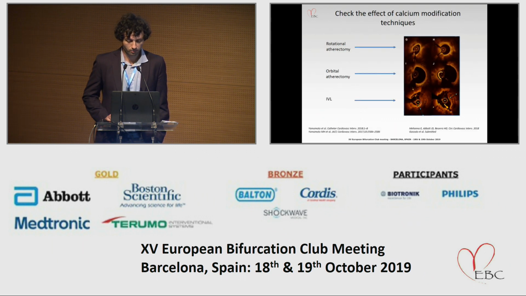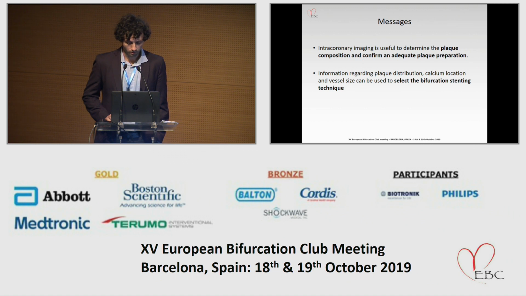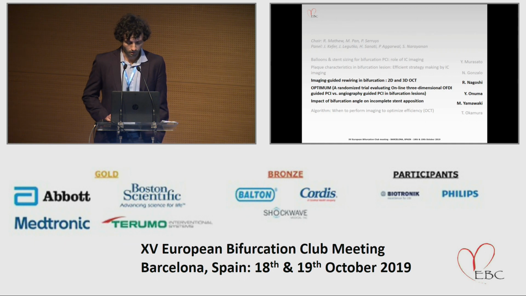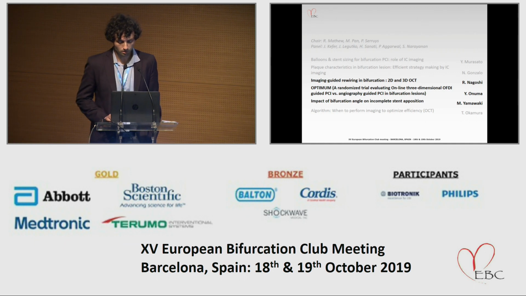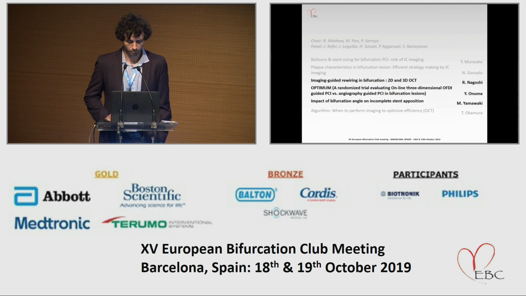So once we identify it, we may use some of the treatment modalities we have at hand, and depending on the anatomy found, we can use rotational atherectomy, orbital atherectomy, or lithotripsy. Dr. Gonzalez also presented 3 cases, which I will not present to you due to the shortage of time, where she used these approaches. And next, we have 3 presentations from the Japanese group of doctors addressing a similar subject,